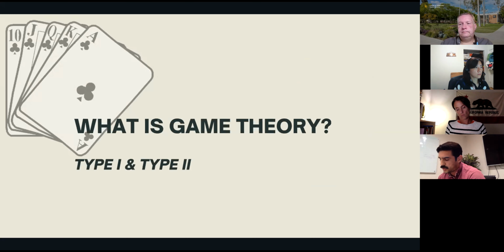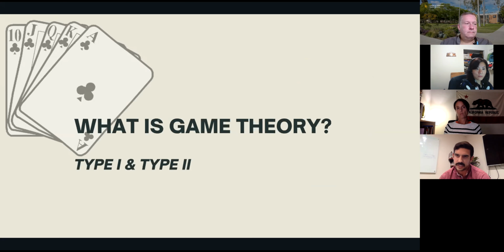So there are two types of strategies, type 1 and 2. Does anybody know what type 1 strategy is when it comes to game theory? Zero-sum game. Yes, kind of like poker. A zero-sum game is where players' winnings equal the sum of everybody else's losses, right? So when we look back at those court cases, Usery versus Garcia,